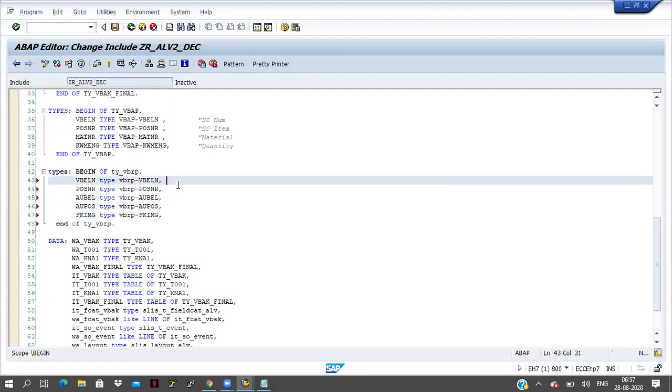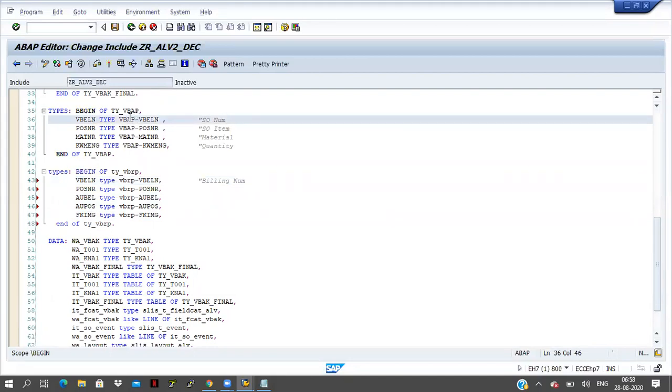The descriptions, we have to maintain the description. This is the billing number. And see here, this is the VBAP VBELN, so this is the sales document number. The field is available in VBAP, that is why this is the sales document number.